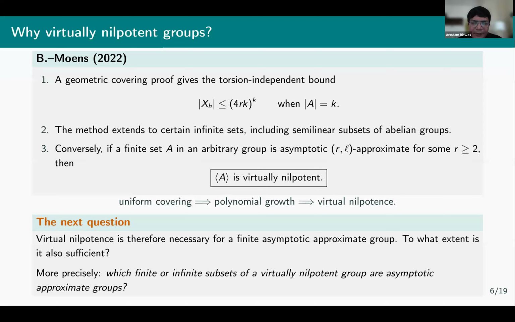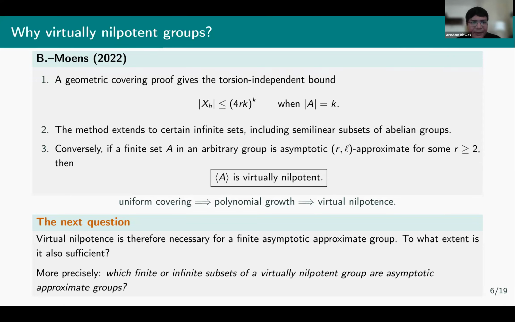So that means that Nathanson's result, that this phenomenon does not occur, that any finite subset is an asymptotic approximate group does not occur in all groups, and he gave the example in free groups, actually holds earlier. So basically, you can go to solvable groups, or even polycyclic groups, which are bigger than nilpotent, virtually nilpotent. In there, you can find finite subsets which do not satisfy this property.